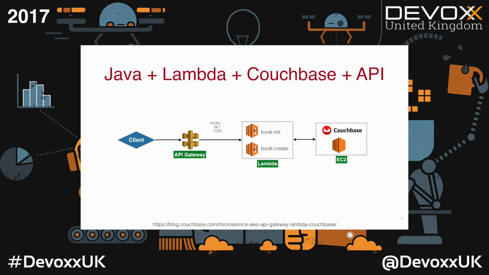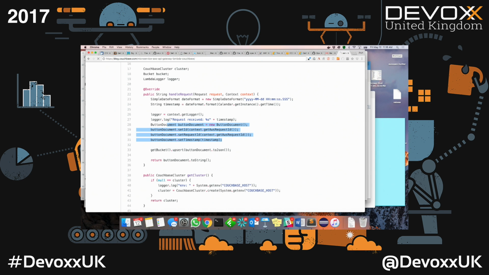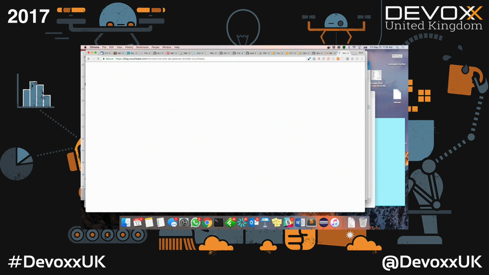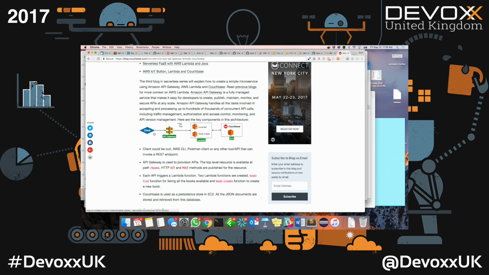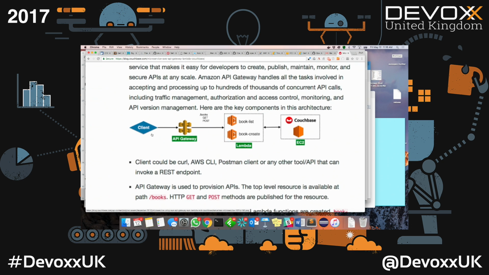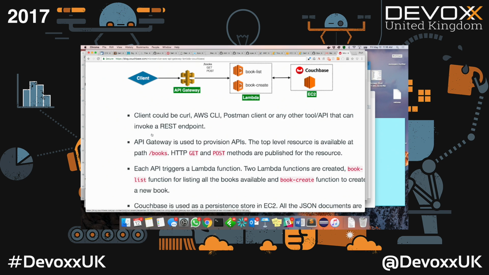So let me walk through this one, actually. If you look at this here, it's the same diagram, but essentially the client could be curl or Postman or any web application here. And the slides, by the way, are available on the same repo that I talked about earlier, and it gives you the complete source code for it here as well. So if you scroll down,